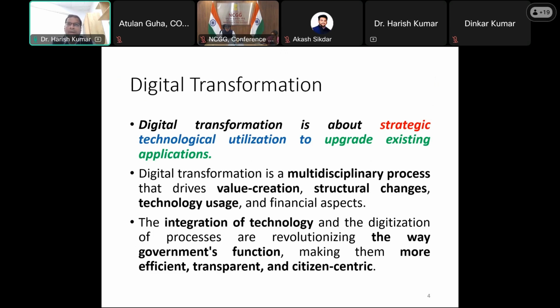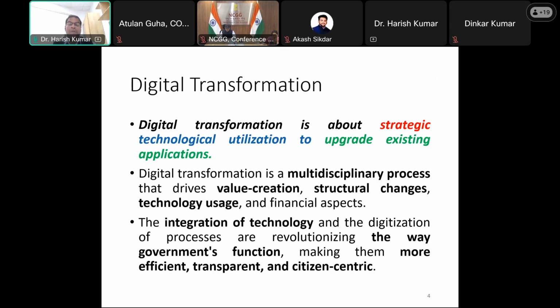Near around in the market, more than 100 technologies are available as of now, like AI, augmented reality, virtual reality, blockchain, big data, and so on. So which technology is going to enhance the operationality and service delivery of the governance side? First of all, it is again a brainstorming exercise for most of the top policy makers. Out of the n number of technologies available in the market, which one is best suited for our process? Which one are we going to invest in? Which one is going to be implemented at the earliest?